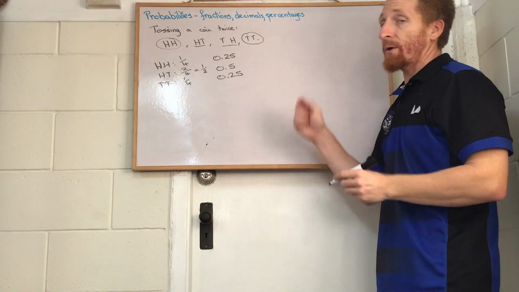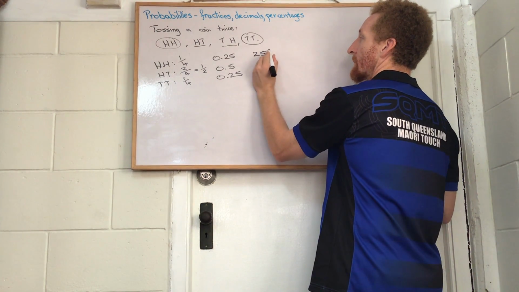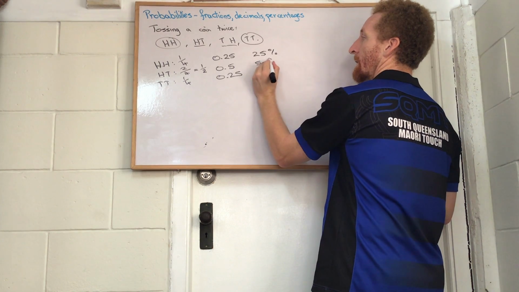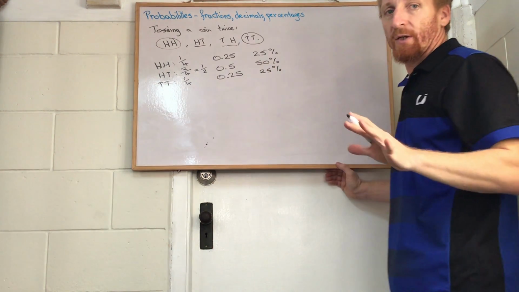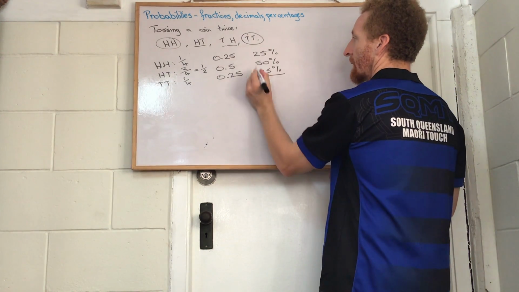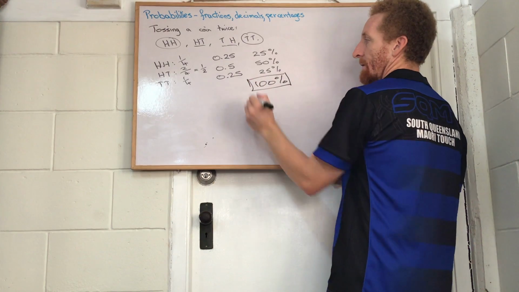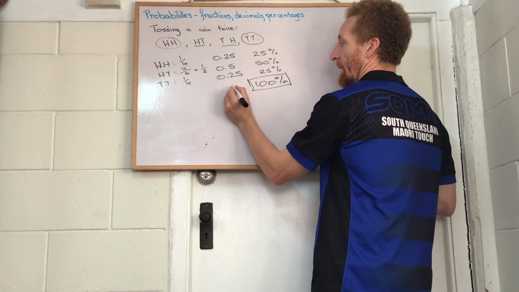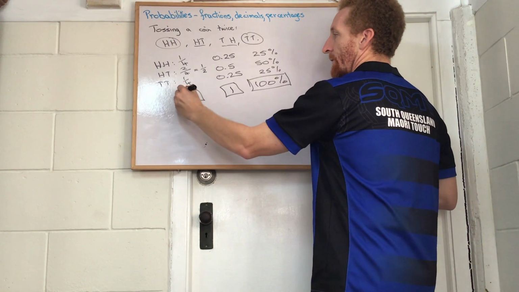And we know if we times those then by 100 we get our percentage, because we've done all that before. 25%, 50%, 25%. To check that we've got this right, we add those up. If we get 100%, and if we add those up we get 1, we add those up we get 1, we know